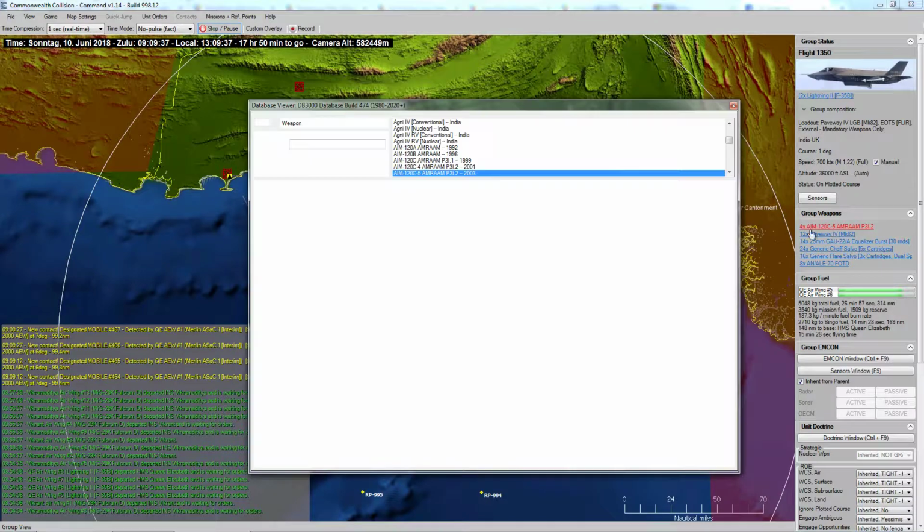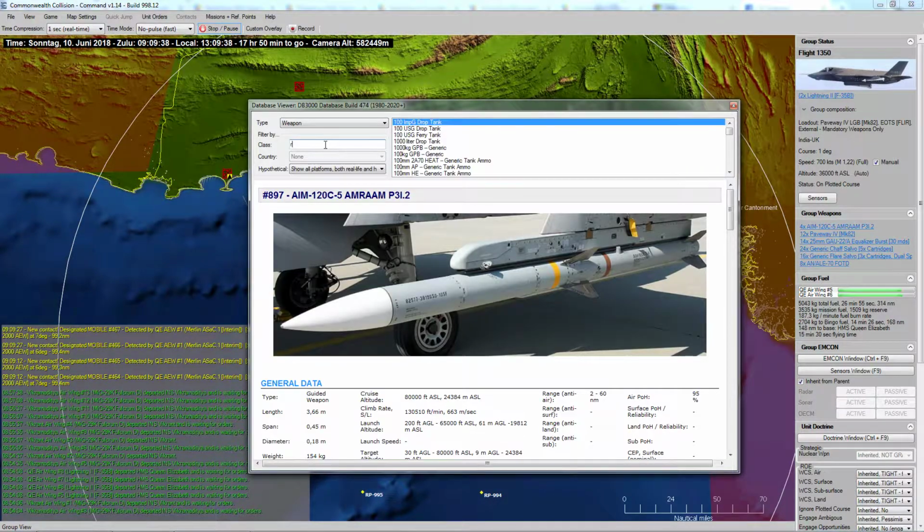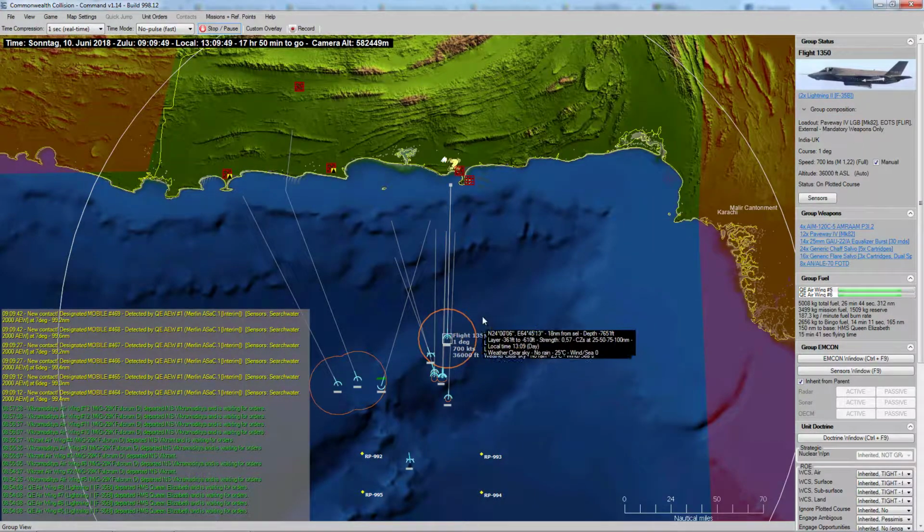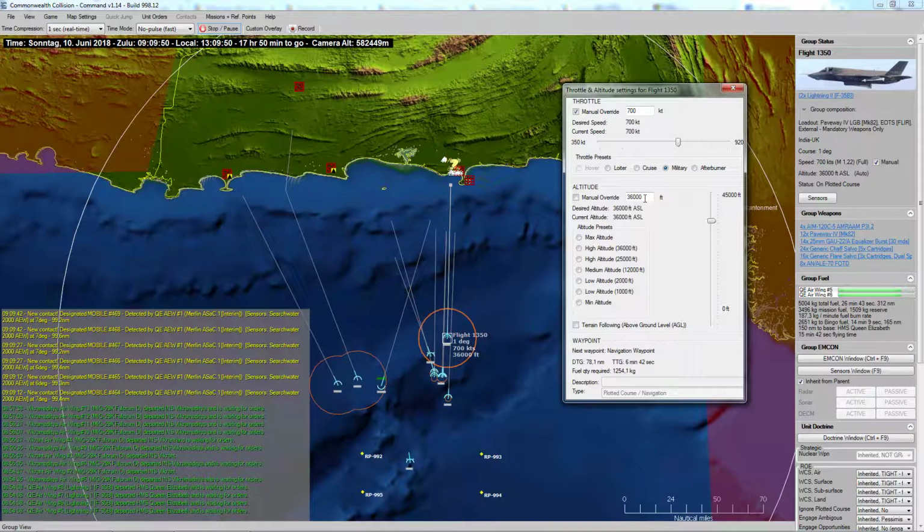I think what I wanted to check is again on the RB-70. So that is one of the missiles that has been pestering us in the past. This one in particular, so that's ManPad, it's manually launched, and it has a target altitude of up to 13,000 feet above ground level. So what I would like to do is get you to be a little bit higher than that. Let's tell you to be